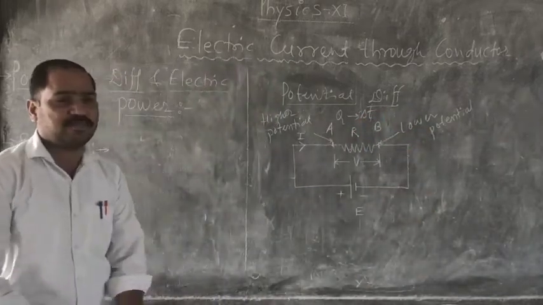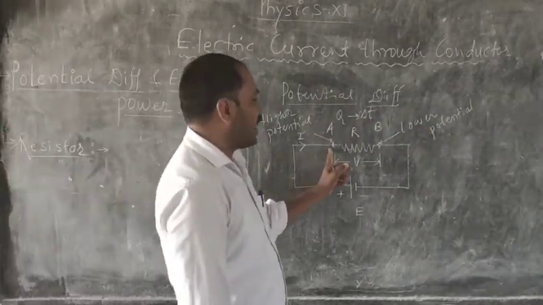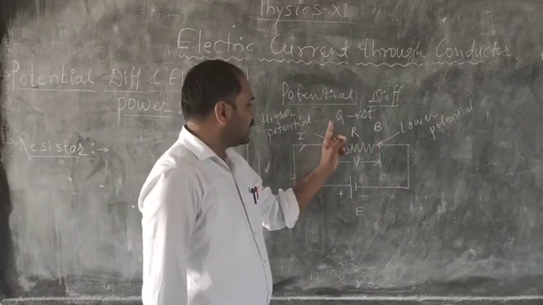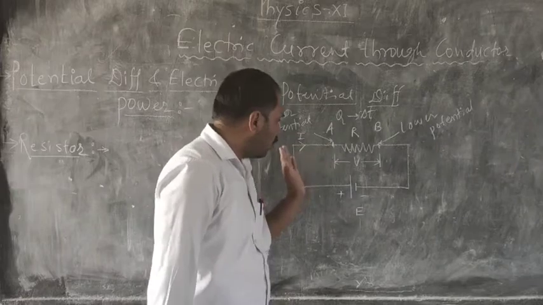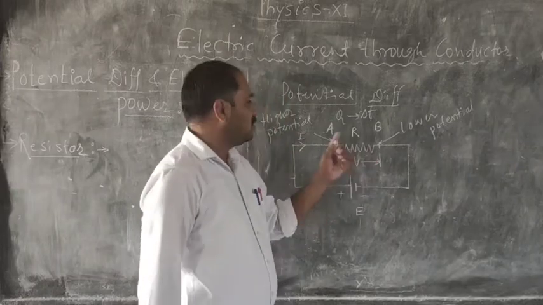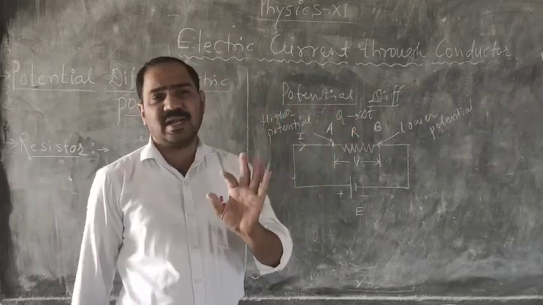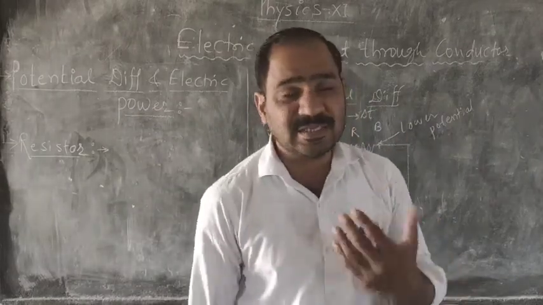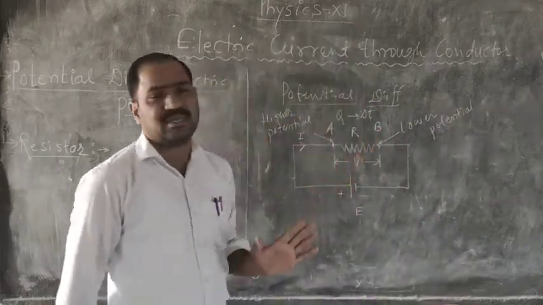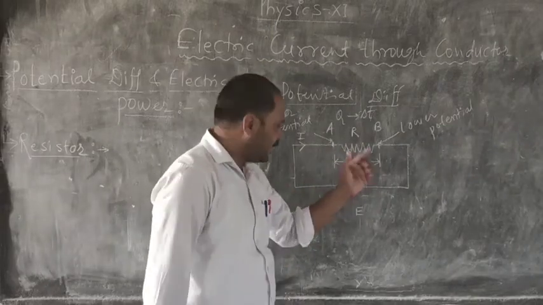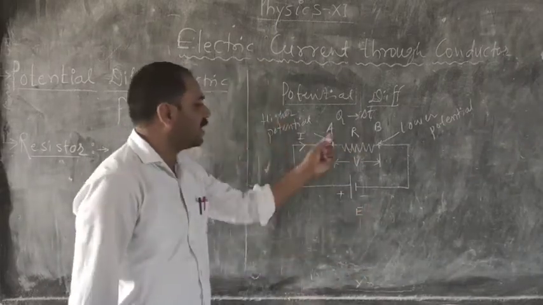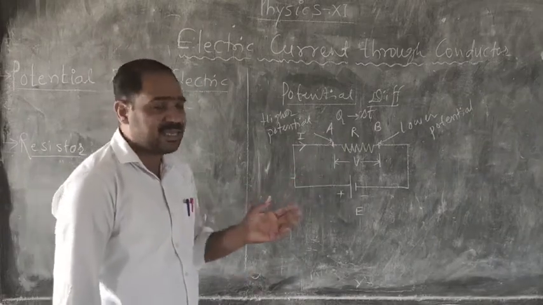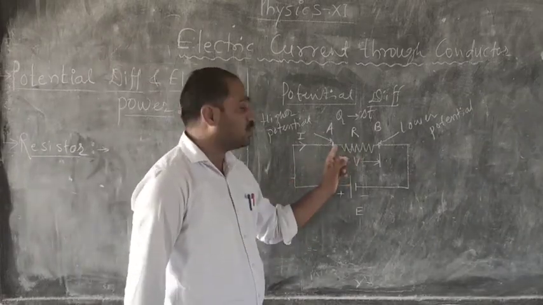अब मैं बोल रहा हूं क्या है? यहाँ पे पोटेंशियल हाई है, यहाँ पे पोटेंशियल लोअर है. So here is the charge q. Charge q flows through the resistor R in time delta t. Delta t is the time. ये कितना टाइम ले रहा है? डेल्टा टी टाइम ले रहा है. कहां से कहां? ए से लेके बी तक जाने के लिए थ्रू द रेजिस्टर. और ये एनर्जी कौन प्रोवाइड कर रहा है? ये सेल प्रोवाइड कर रहा है एनर्जी. काय के लिए कर रहा है? टू सर्कुलेट द चार्ज थ्रू द रेजिस्टर.